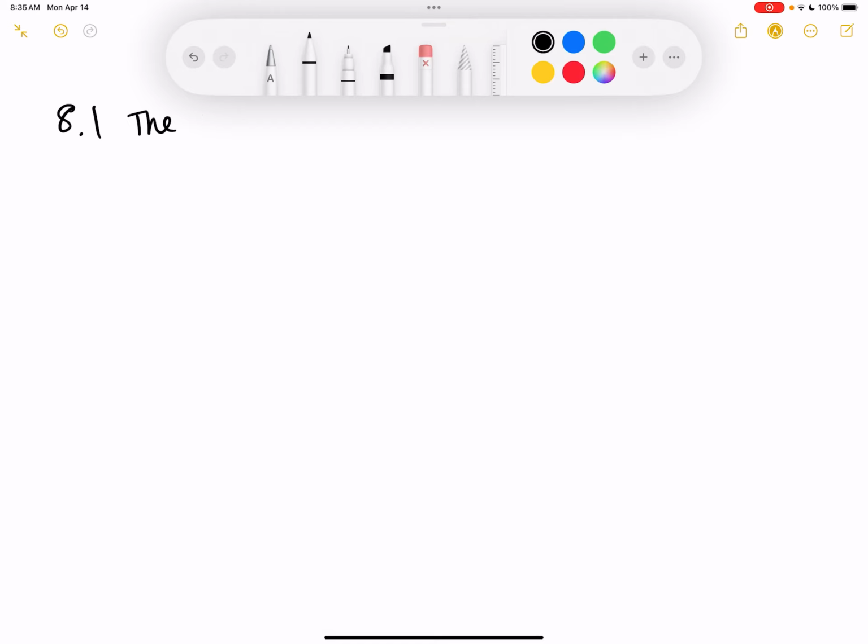All right, so 8.1, the law of sines. Because y'all didn't have notes, right? There weren't any. I don't think I left you any notes. Okay. I was like, I don't want to do this if you've already done it, but probably a good refresher either way. So the law of sines,